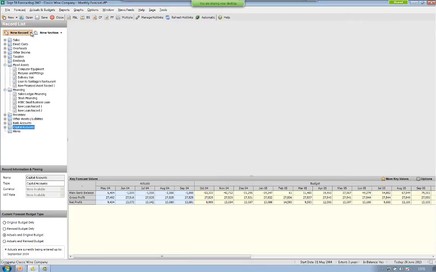And then things like your capital account, you've got your capital reserve, and then you've got the option of just adding in a new memo, which is simply just to put a narrative against the forecast in general. So that's you had a look at all of the different elements that you can enter in terms of your